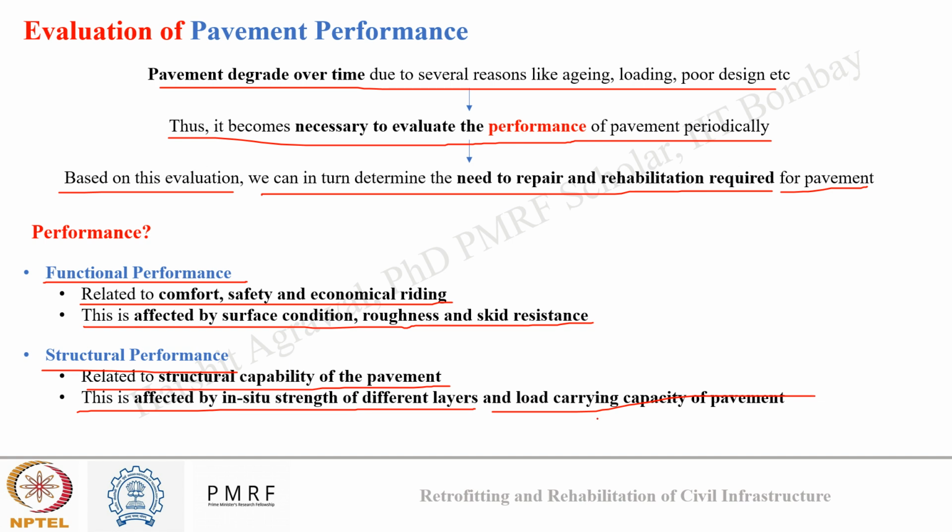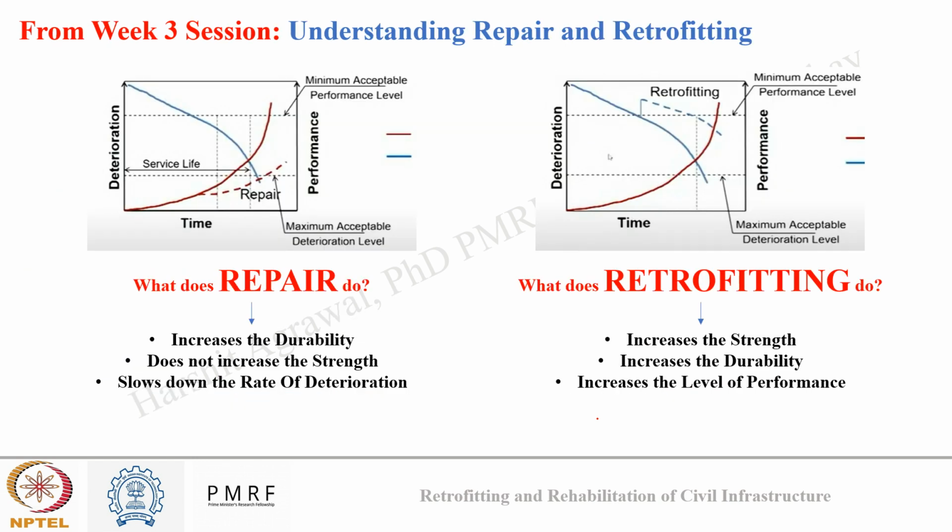If we relate this to our previous discussion that was done in the week 3 live session, we can say functional performance is nothing but durability, which generally, when affected, requires a repair. Okay, so we saw functional performance is more related to comfort and it can be seen as a durability repair. Okay, while structural performance is more like a strength reduction and need for strength increment, for which we can think of a retrofitting kind of thing. Okay,